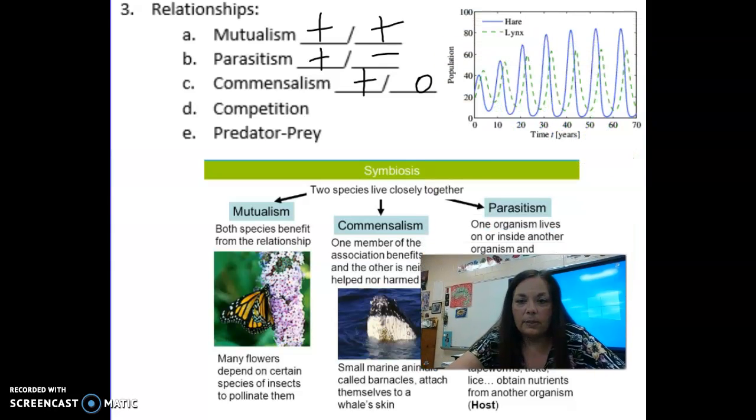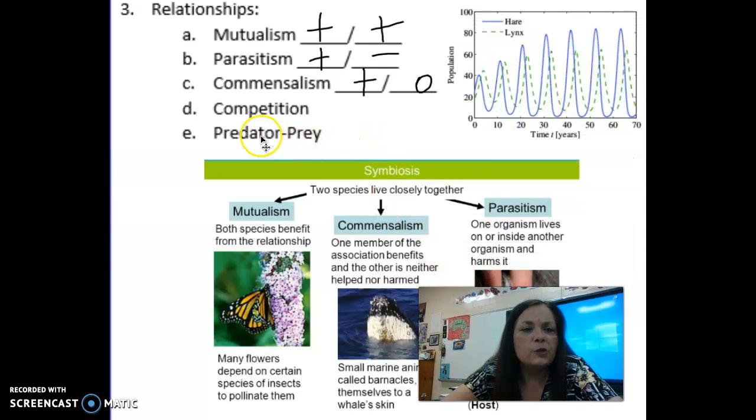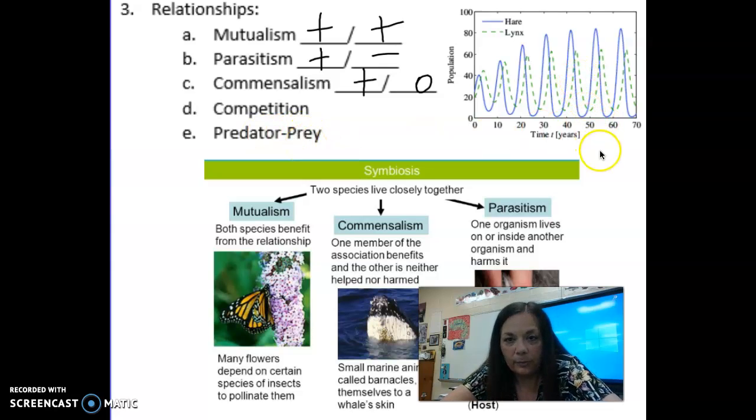And then the last thing up here, predator-prey, this is when one organism hunts and eats the other. And in case you come across it, this is a predator-prey graph for like a hare and a lynx, which is a rabbit, and sort of like a bobcat. Okay, I want you to notice that as one goes up, the other one goes up. When one goes down, the other one goes down. And it's a little bit of a delay. The predator always falls a little bit behind the prey. Okay, so obviously if there's a lot of hare to be eaten, then a lot of lynx can be supported. If there's not many rabbits, then not many bobcats can survive. Okay, so it's like a cycle and they follow each other.